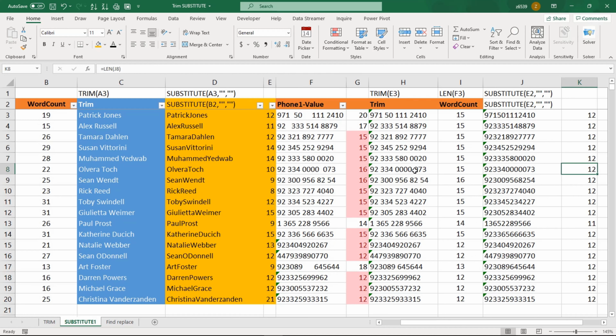So why do I use the substitute and trim functions differently for this one? For the statement, it's very easy, it will convert. But in case of numbers, you need to use the substitute function instead of trim if you want the numbers in this format. And if you are okay with it, you can use the trim function. Both functions will work. And sometimes, if you see here